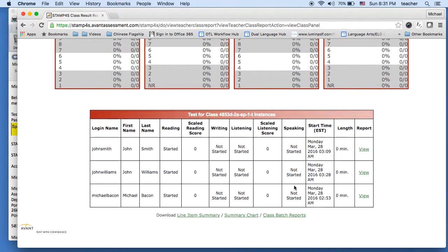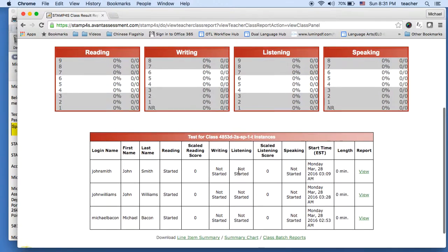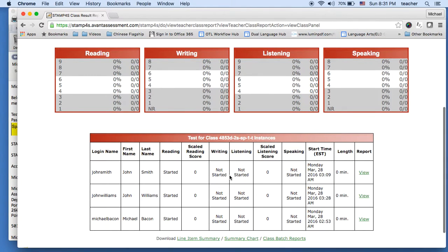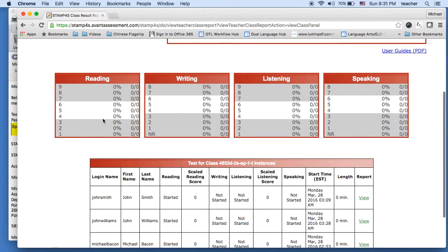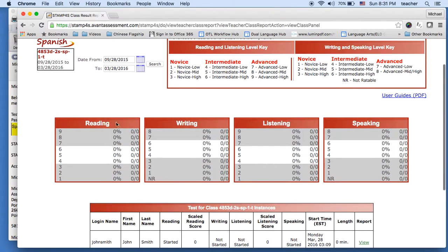If the student has not completed, you will not see a scaled reading score, and you will not be able to see a length of minutes, as well as you will not be able to click on a report. Once a student has completed, it should come up immediately here. You will have a score, as well as up in this box, you will see the number of completed students out of the number of students taking the test, and their scores